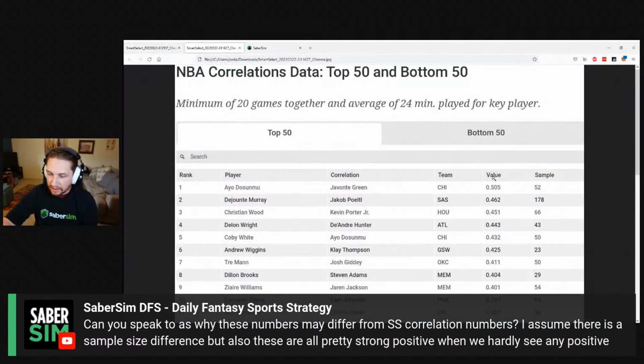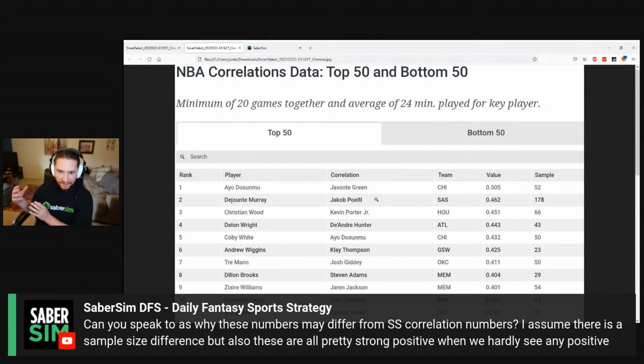These correlations are implying that there are basketball players, in a sport where there is no way to score as many correlated points between two players in the same way there is like a passing touchdown, right, that they actually have positive correlations greater than those values. Right, that was the immediate red flag to me. How can somebody? What can Dosunmu and Javonte Green do on the court together? What event can happen where they score so many points together that they have a stronger correlation than even a wide receiver and a quarterback?